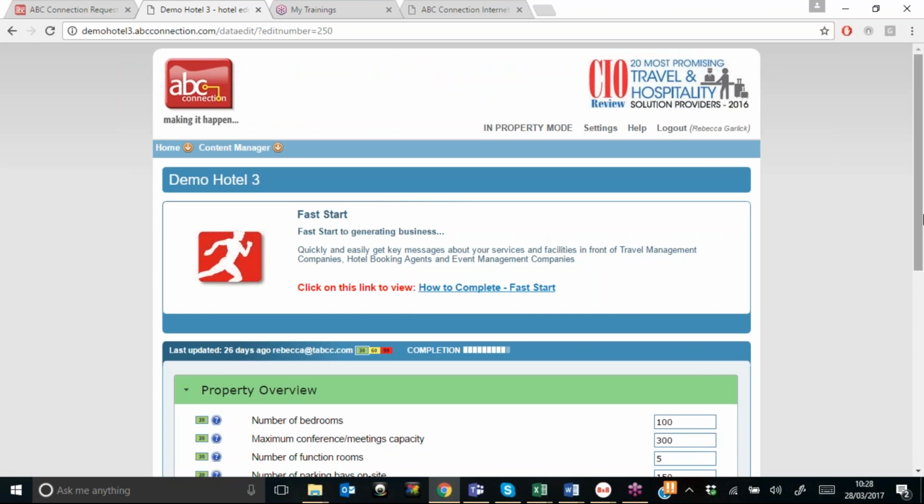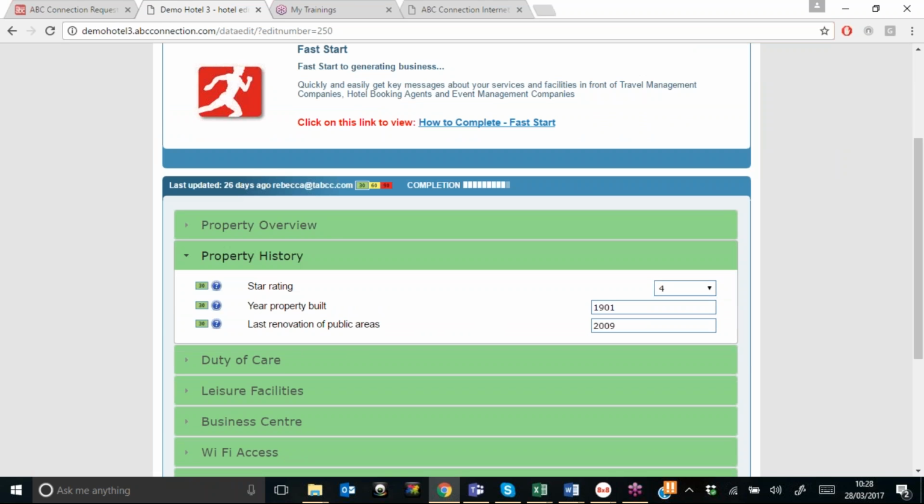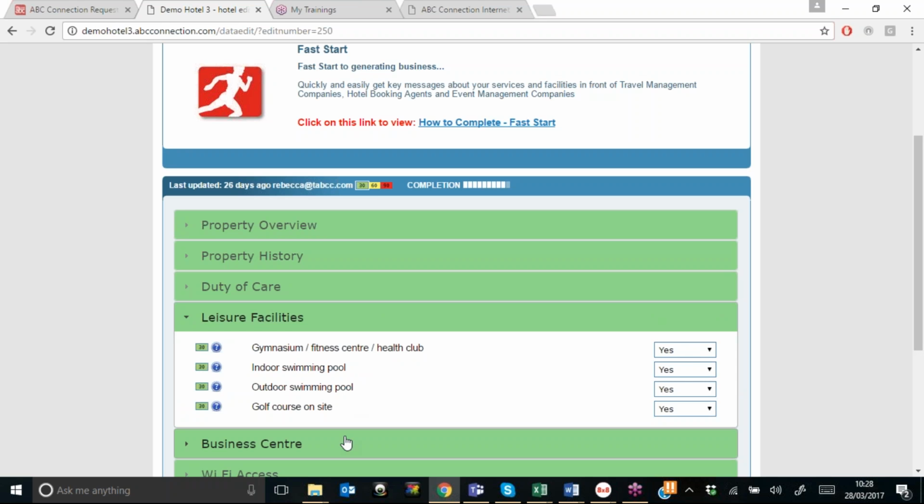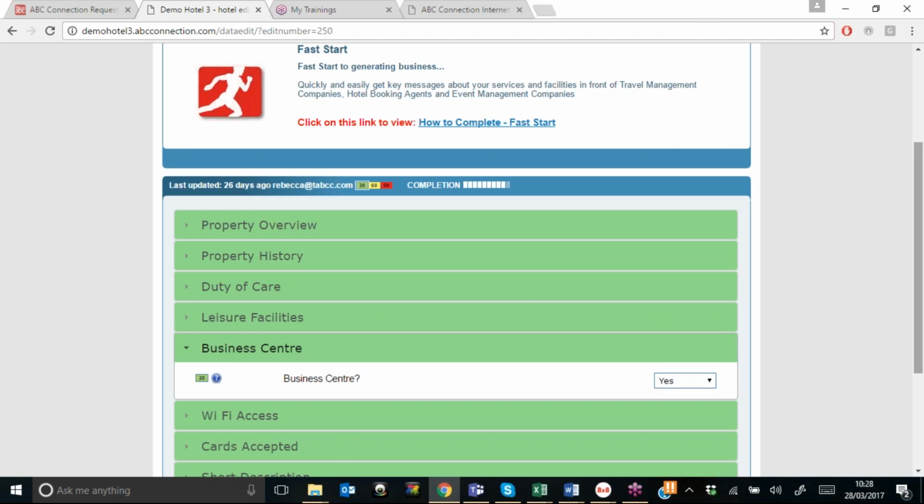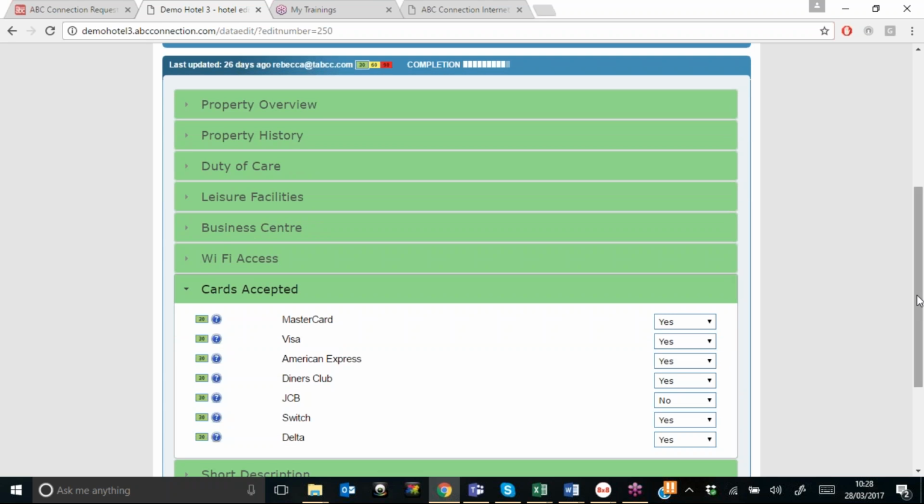So the first section is Property Overview. So it's just how many bedrooms you have, what your maximum capacity is for meetings and conferences, the number of meeting rooms you have, and the number of parking spaces. A little bit of property history. Very basic duty of care, which again will be followed up in Defaults Manager a little bit later. Basic leisure facilities you have, if you have a business centre, internet access and cards accepted,